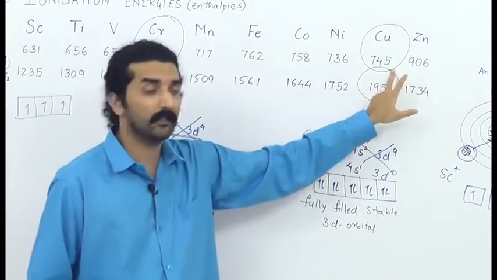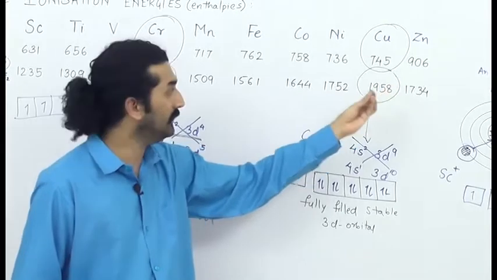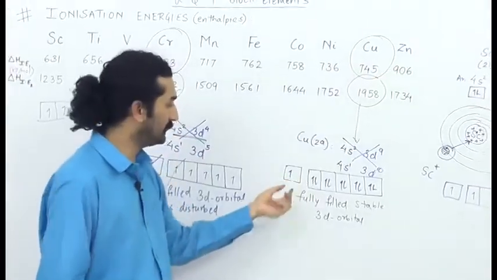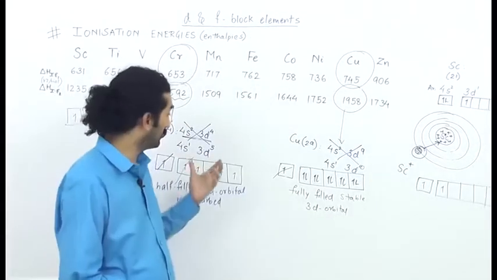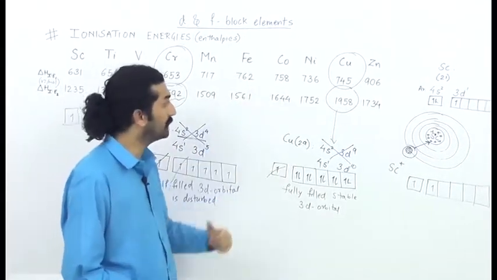It is going from 736 to 745, a very small increase, right? So this is quite natural. So this electron going away is fine, and that is what exactly had happened in copper, chromium as well. So the same thing has happened in copper as well.